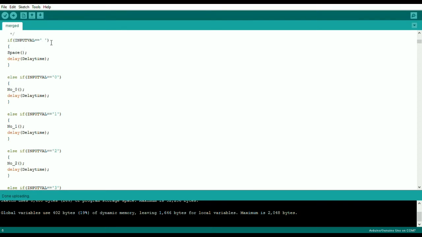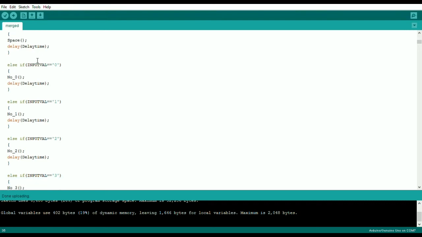If I get a space, I call a method, or you can say function, named space, and then I have defined a delay with the delay time which is defined at the topmost of the sketch. Then if I get input value as 0, I call a method named number 0, which I have defined at the bottommost, which I'll tell you further.